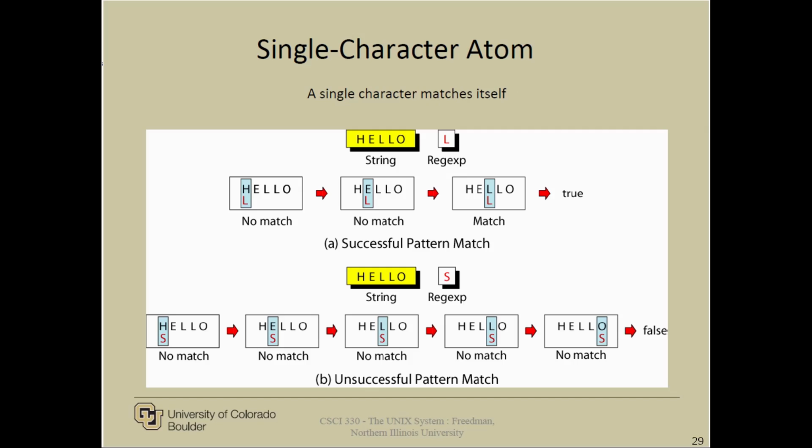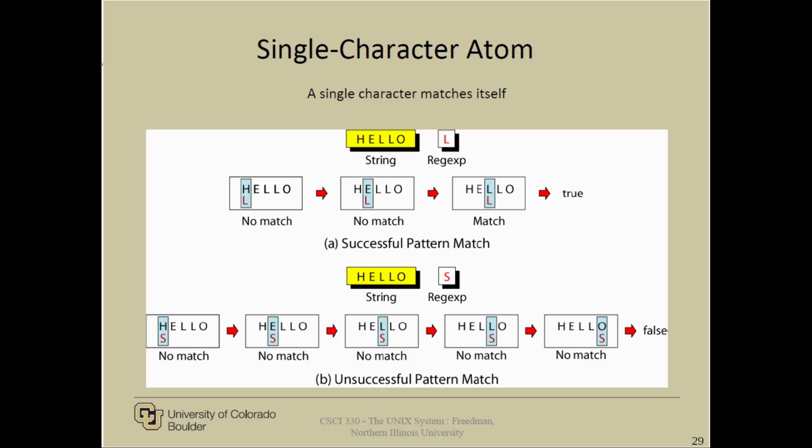So again, single character. Now we've got the single character atom. For the single character atom, we can see that it matches itself. This slide also shows the order of operation for regex. If the regex is just the character L, then it will start at the front of the string to be searched and check itself against each character. So you can see the L starts at H, goes to E, and then it hits an L and